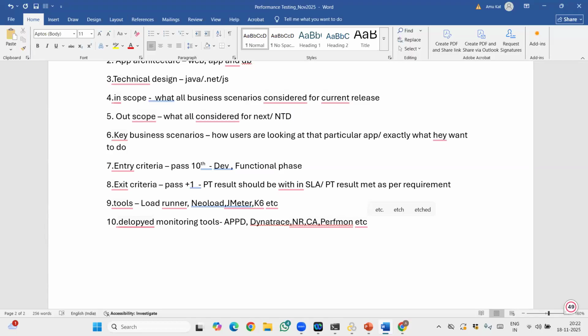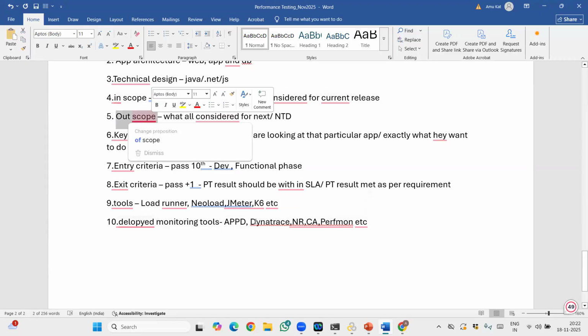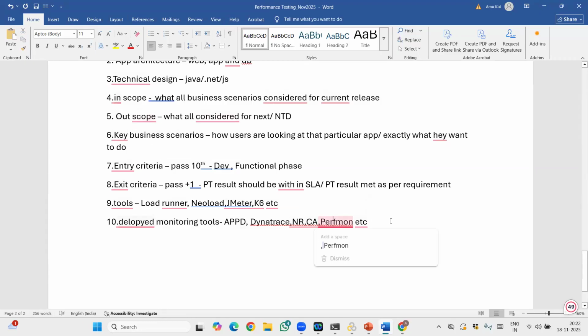If they simply say we don't have that budget, so please consider the monitoring tool configuration for the next release. It means you can simply say the monitoring tool is out of scope for the current release. Okay, in that case, you can simply use Perfmon just to check whether all the values are within the limit or not. And the next thing,